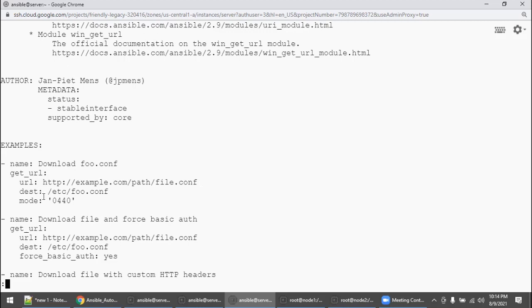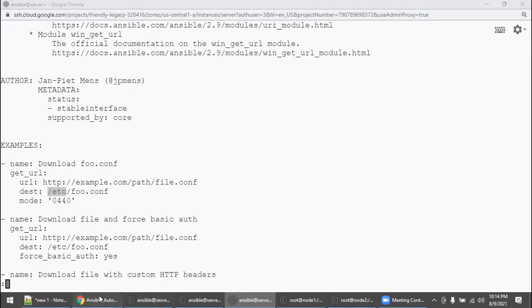And where you are downloading, I want to download under the etc directory. What file name? While downloading, I don't want to download it as file.conf. I want to download as foo.conf. And what is the permission I want to give? You can give. Even you can add ownership. You can give a group. Everything you can mention here, or you can change it later also. But this is the actual syntax.